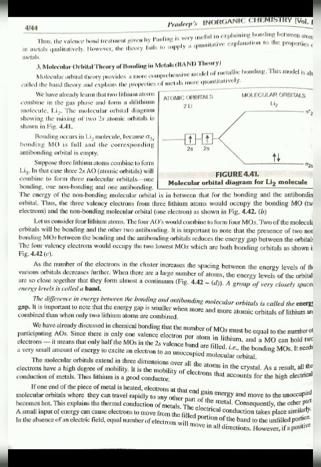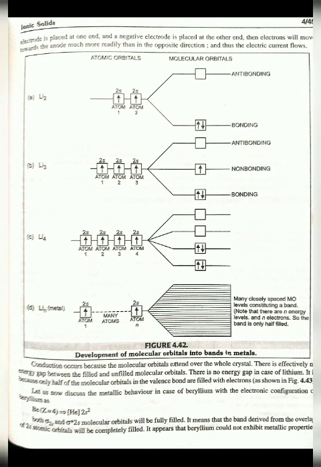However, if a positive electrode is placed at one end and a negative electrode is placed at the other end, then electrons will move towards the anode much more readily than in the opposite direction, and thus the electric current flows. Conduction occurs because molecular orbitals extend over the whole crystal. This is effectively an energy gap between the filled and unfilled molecular orbital. There is no energy gap in the case of lithium. It is because only half of the molecular orbitals in the valence band are filled with electrons, as shown in figure